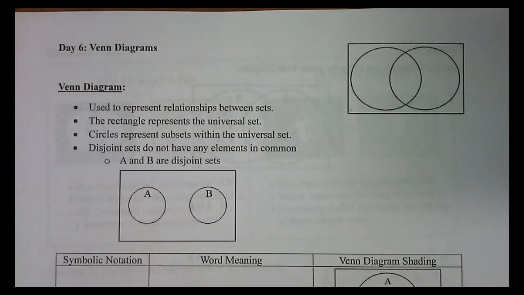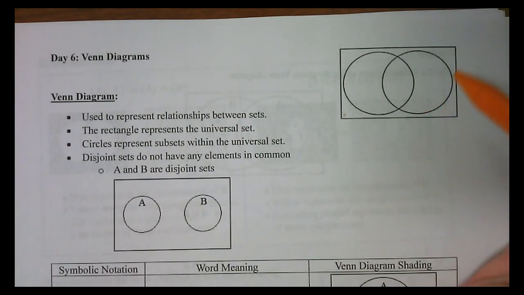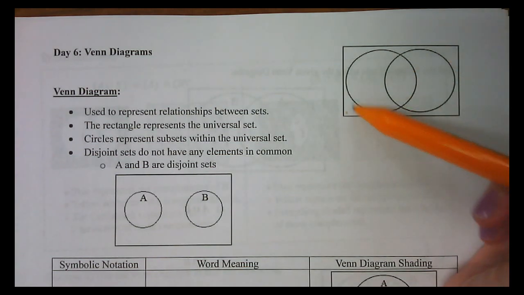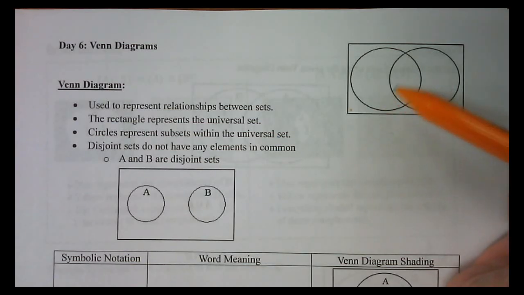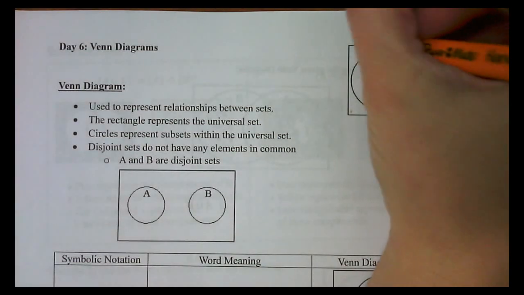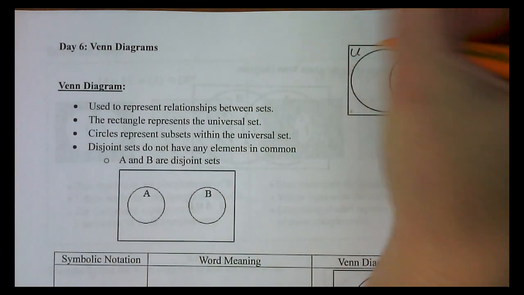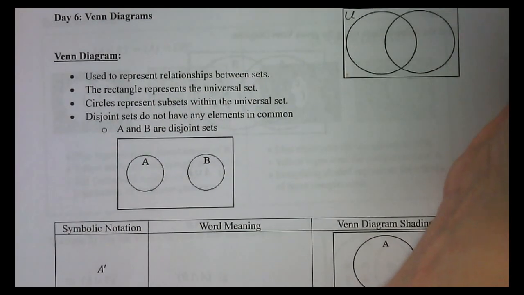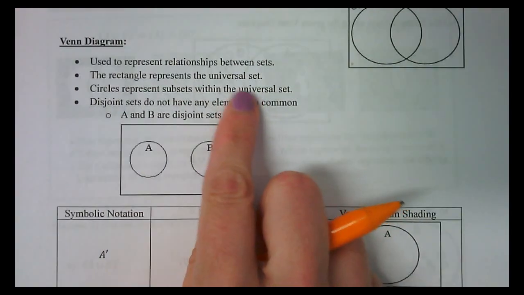In this section, we're going to learn some basics about Venn diagrams. Venn diagrams usually look like this, where you have some overlapping circles, where the overlapping part represents what they have in common. The box around it usually represents the universal set. You might see a U up in the corner sometimes for the universal set. Okay, so that's